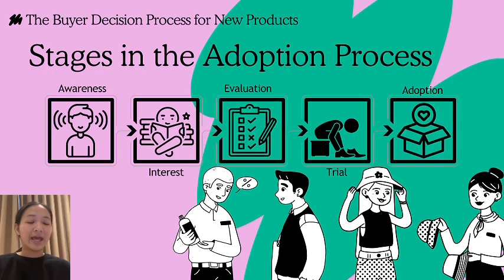How about when a product is new to a certain group of customers? Then we have a process called the adoption process, which has 5 different stages. The first stage is when the customer knows about the product but has little to no information about it. After that, they're more interested in that product, so they want to find out more. And then they're going to evaluate the features of that product to see whether those features match what they need in their life. And then after that, they're going to try it for a little bit. And then if that product satisfies what they need, they're going to start using it from then on. And it's important for marketers to know about this process and help the customer go through it so that the customer can adopt new products.